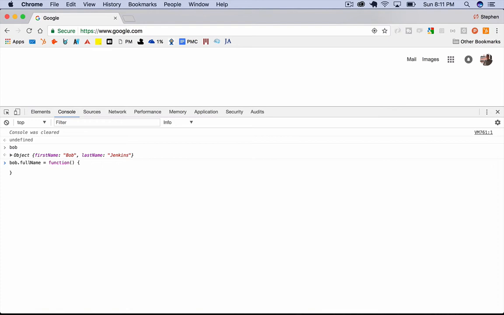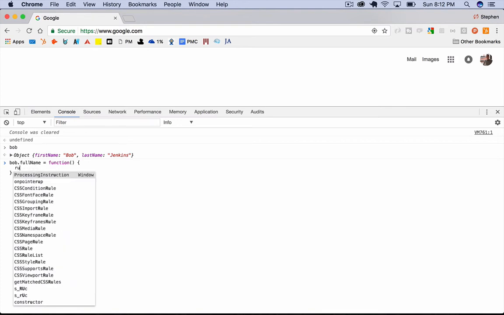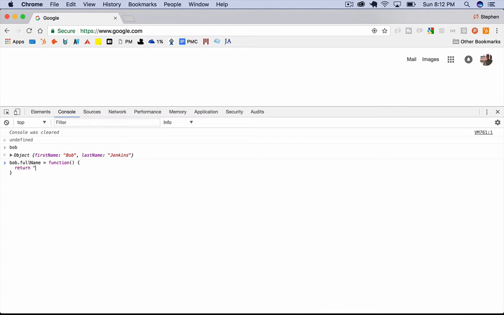And inside of here, we're going to define our method. So one way we could do this, which would be sort of useful maybe, but probably not really what we want, is we just say return Bob Jenkins. And that is technically the full name. Now, return is basically saying, when I call this method, give whatever I'm returning back to me as the answer. So now we can say Bob dot full name, and because it is in fact a function, you have to put the parentheses on here to call it,